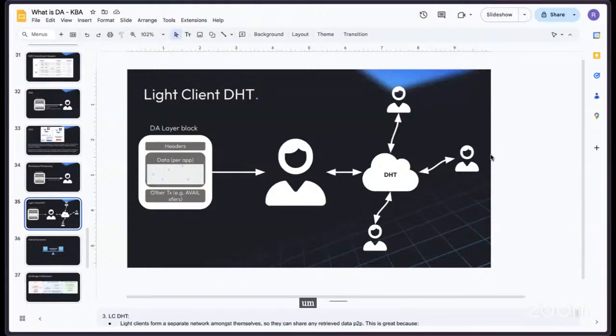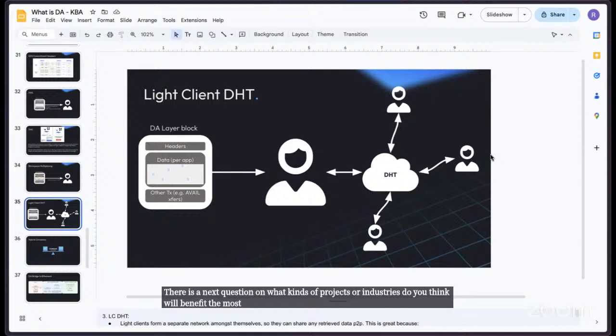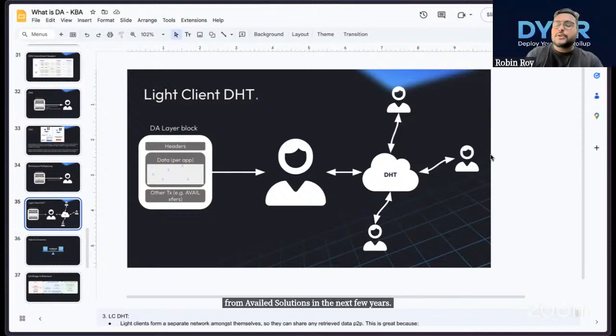There is a next question on what kinds of projects or industries do you think will benefit the most from Avail's solutions in the next few years? Oh, mostly rollups and app chains. I think app chains will